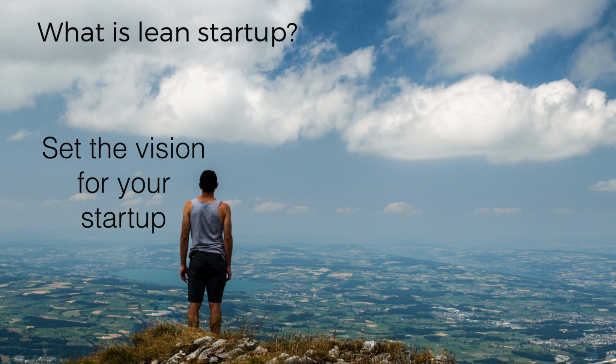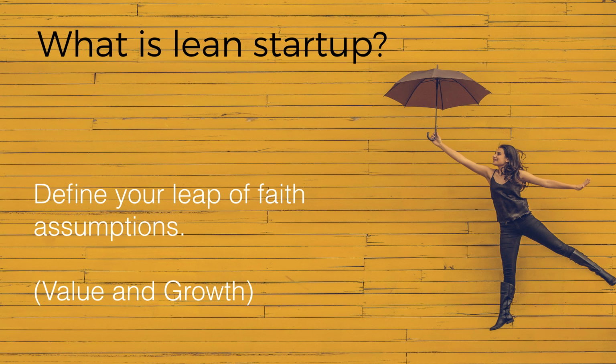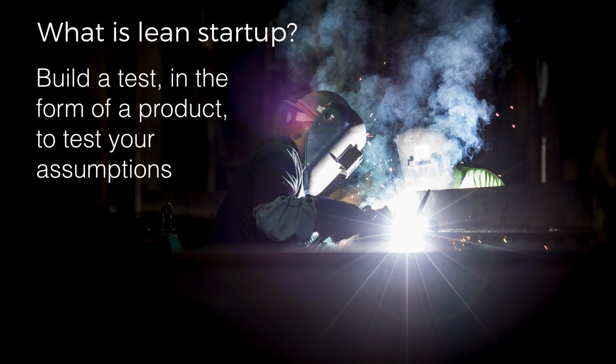So my quick 5-slide summary of what the Lean Startup is: you set the vision for your startup, and the vision doesn't or shouldn't change. So the whole process of the Lean Startup is basically trying to realize your vision. But your vision shouldn't really change. So you set that vision and then you define, all right, underneath that vision, whatever it is I'm trying to do, what are your leap of faith assumptions, what he calls the assumptions that are inherent to that business model, to try and make it work. And they come in two forms: value hypotheses and growth hypotheses. I'll talk about those in detail in a second.